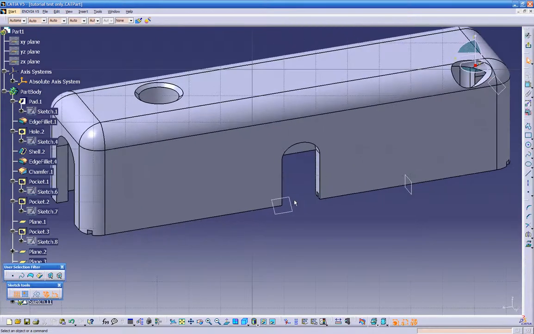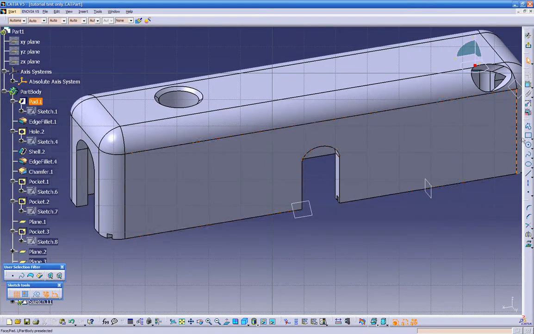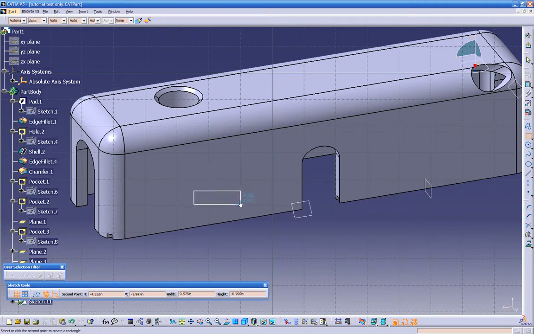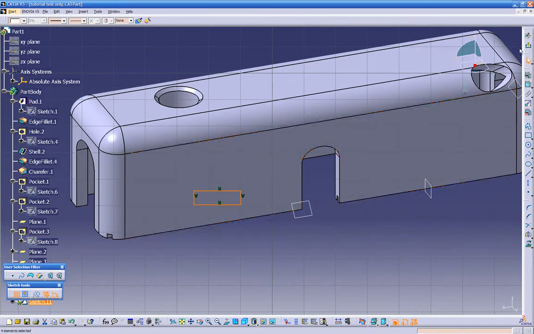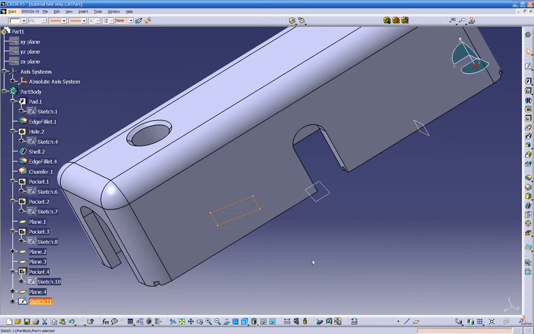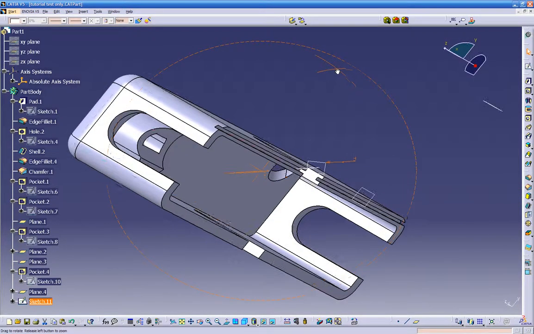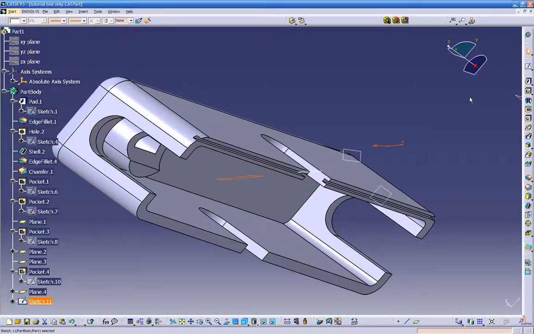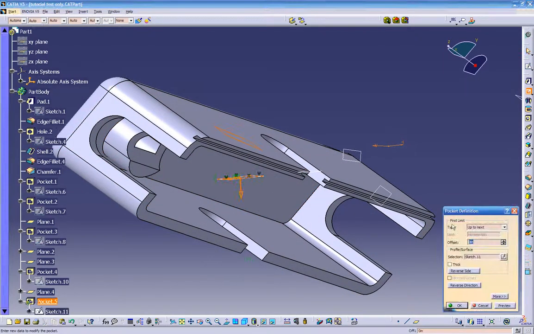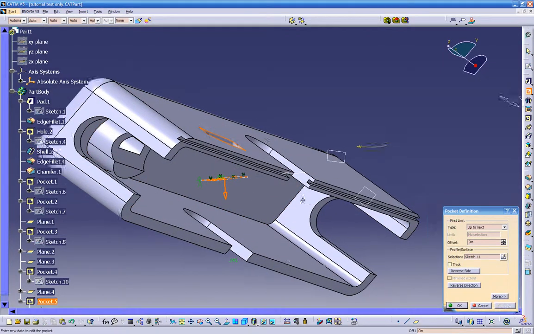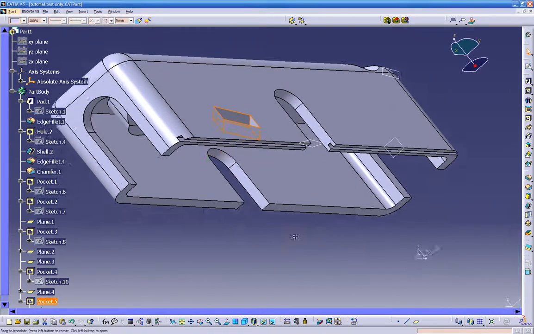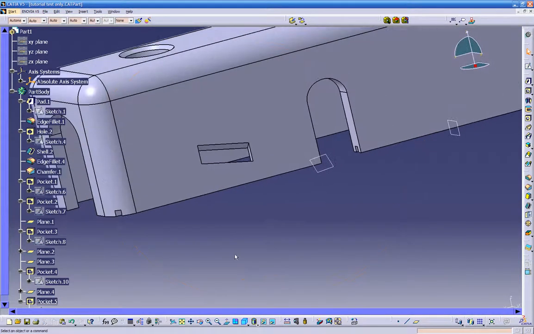Go to this plane, and we can create our own shape in here. If we get out, see that sketch is parallel with that plane that we just created, and we can do a pocket up to next,